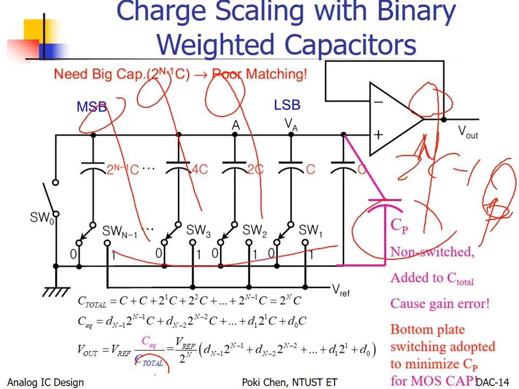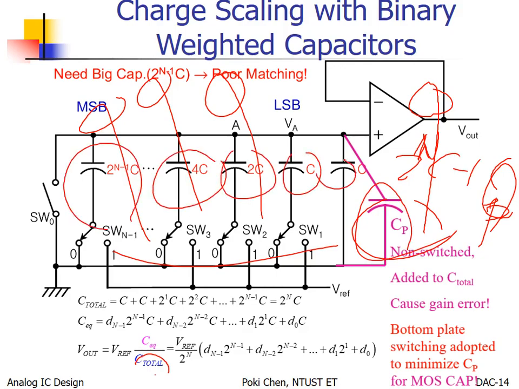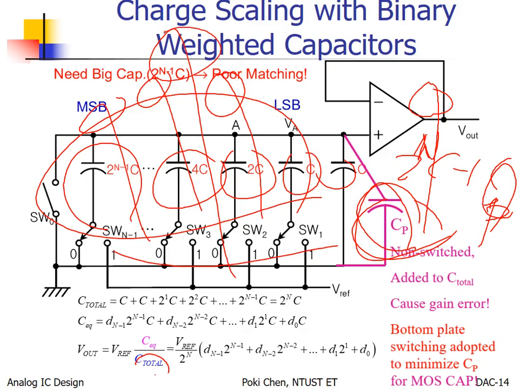If you increase, so what is the cause of CP? According to your capacitance, all right? Since you have those capacitance, you have CP. If you increase those capacitance, then CP will also be increased. So no matter how much you increase the capacitors, CP will be increased proportionally. So it means what? You still get the same gain error. Wow. Okay, so the only way I can help is,